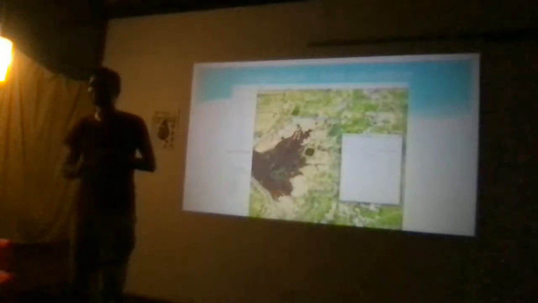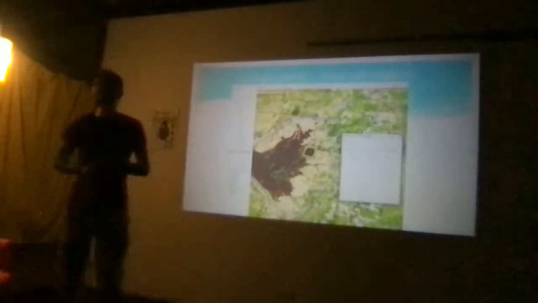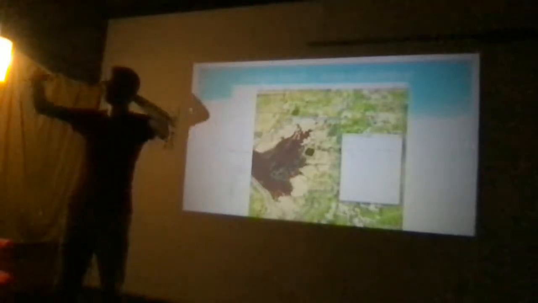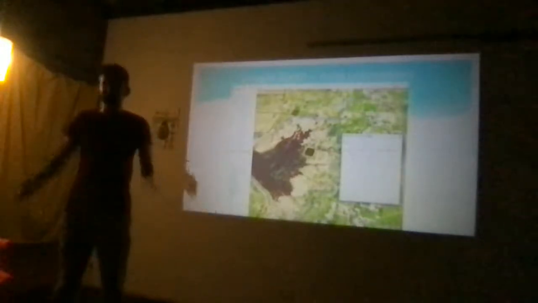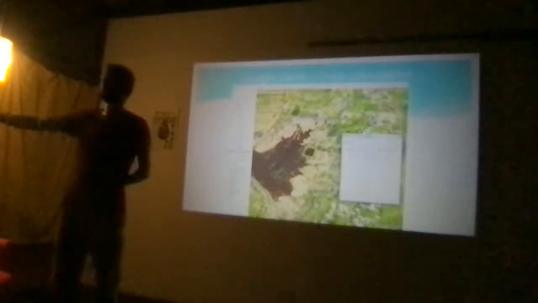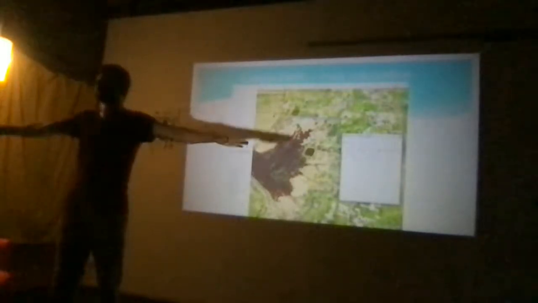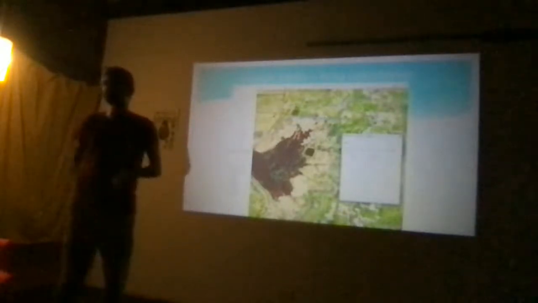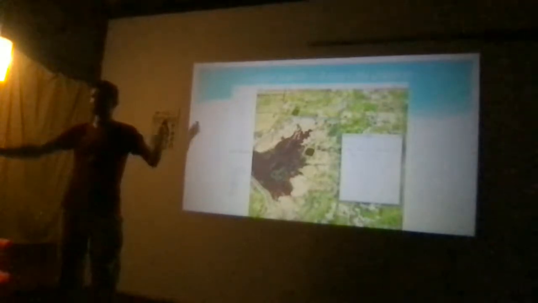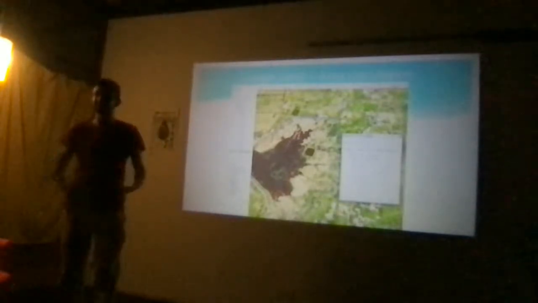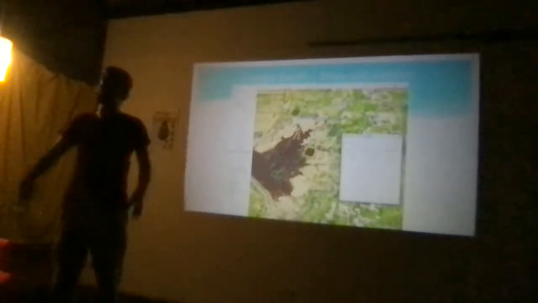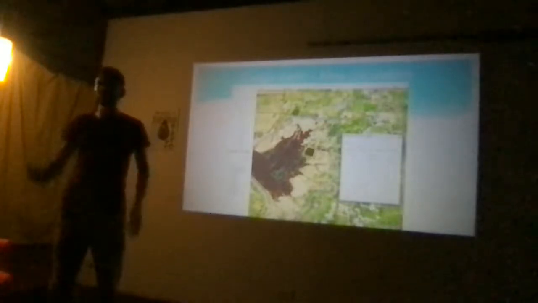What can be done? See, what can be done from a small scale? If you are planning a house, it could be just a few hundred square feet, but the house will be in one area. Then you should simply avoid putting concrete all over the surroundings of your house. Starting with something as simple as that. Just let the soil be there, so that it is helping you. It is giving a service by letting water into your aquifer. If you are just covering up the whole area and not letting any water in, but you still want to suck water out of the ground, then who can help?